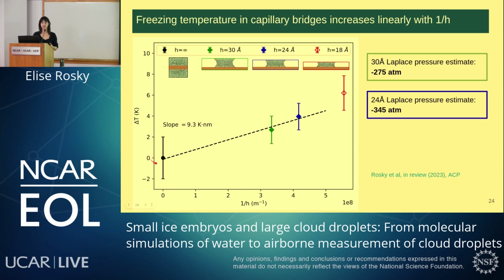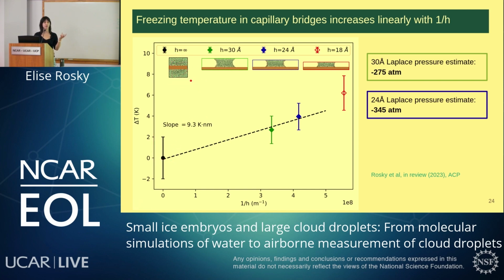The freezing temperature increased linearly with 1 over the height of the capillary. So for our 24 angstrom tall capillary, we expect that it has a Laplace pressure of around minus 350 atmosphere, and the freezing temperature is roughly 4 Kelvin warmer than in the